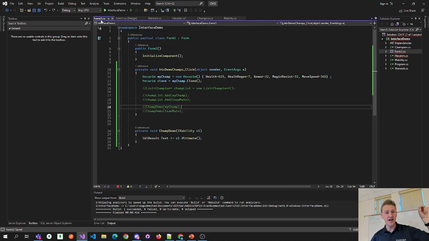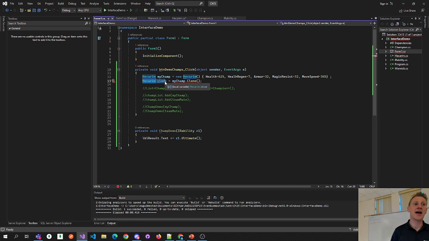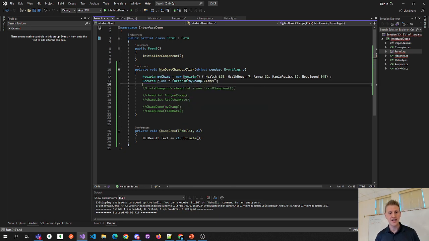What's happening over here is it's saying, hey, on the right, the clone method is returning a type of object, but we have a Hecarim on the left. We've got a type mismatch. We've got a Hecarim on the left and an object on the right. What do we do when we have a type mismatch? We need to cast. So we can cast our clone like such, and now I've got two champions that basically have the same stats. So this is a demonstration of implementing an interface